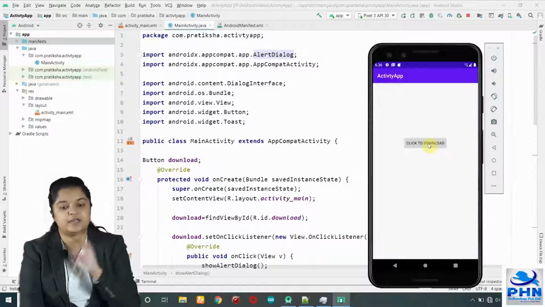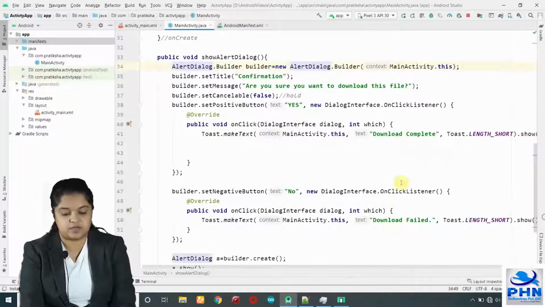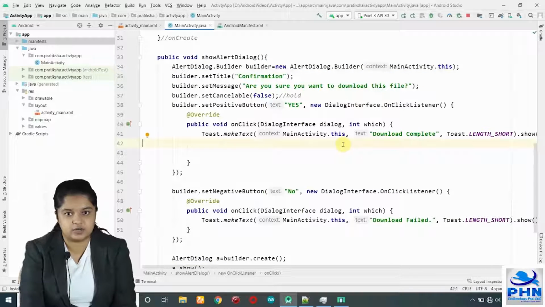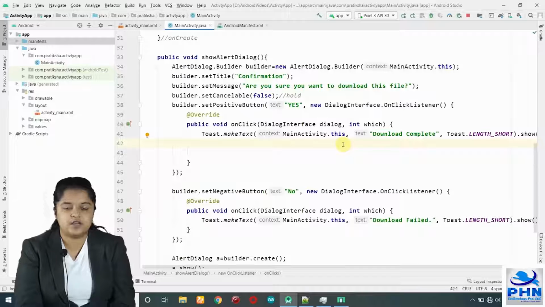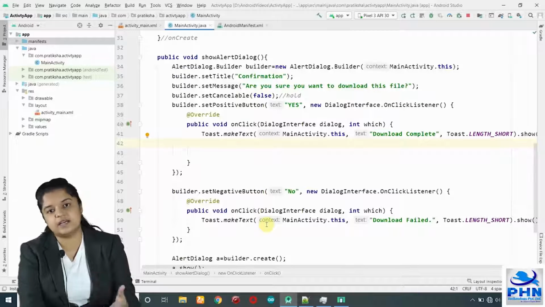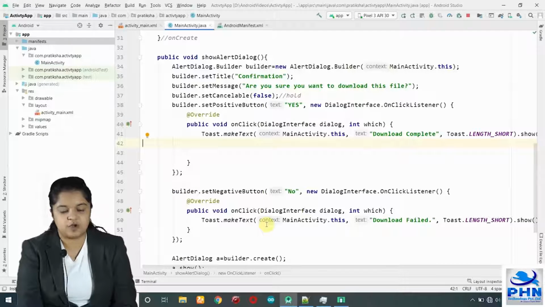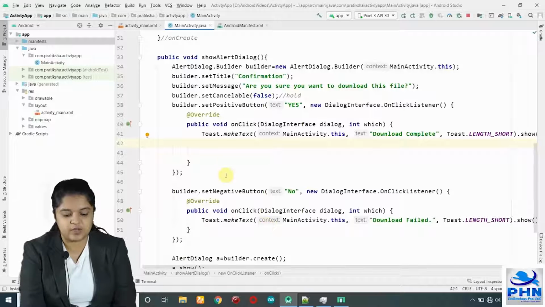If you want to open a new activity when the user clicks on Yes, then in this Yes onClick listener will come your intent code. In camera code you can ask, are you sure you want to open the camera? If the user says yes, the camera code will be here. If the user says no, nothing will happen. This is how you can use an alert dialog at different places. Before placing a call, are you sure you want to place this call? Are you sure you want to send the SMS? So the user gets a cross-check of the things he is doing. You can write any code into this onClick event.